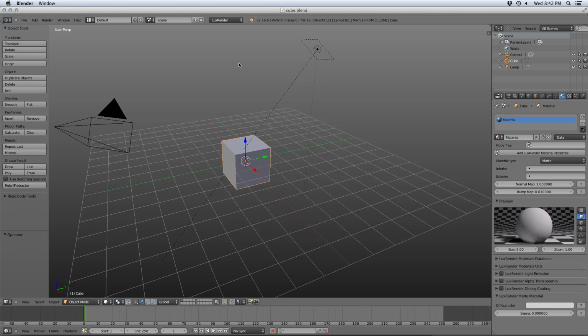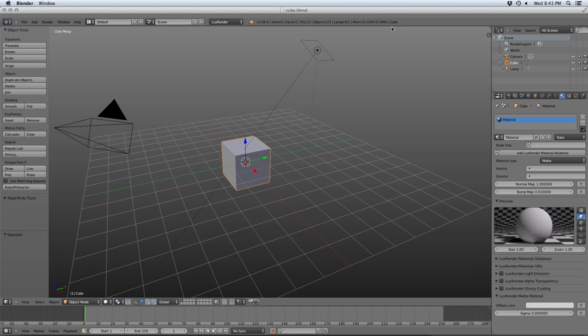So we have here the default cube. Our render engine has already been set to Lux. I have the new add-on installed. And over here in the material editor, you see mostly things are like they were before, except these two things. We have a parameter link here where we can grab a node tree, and we have a button that will